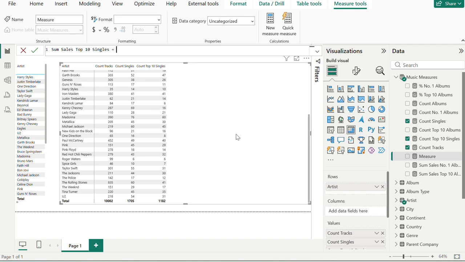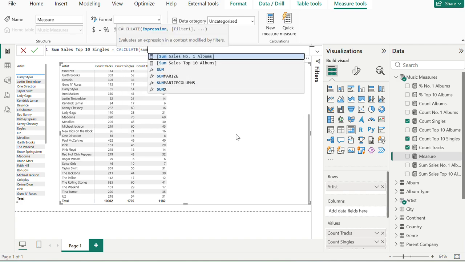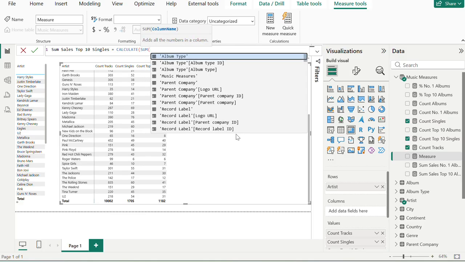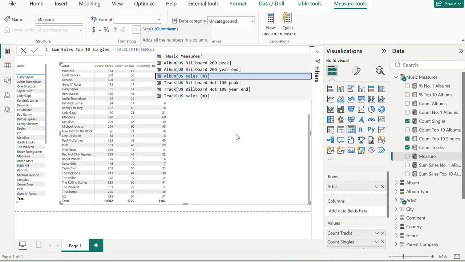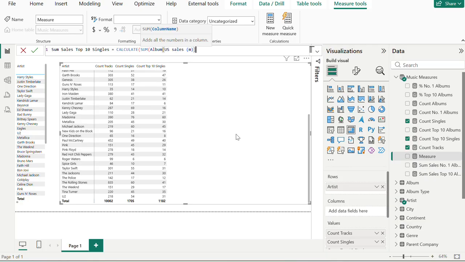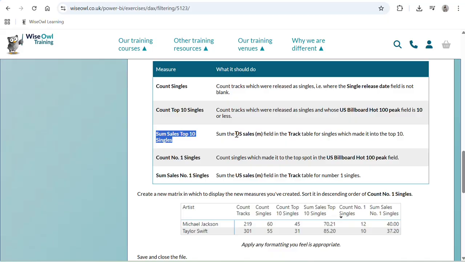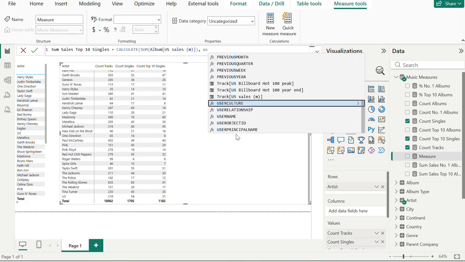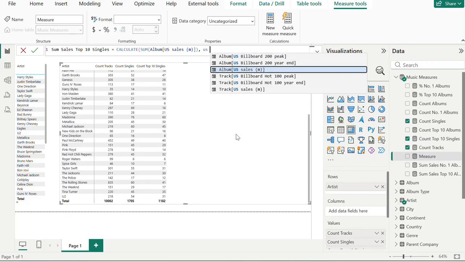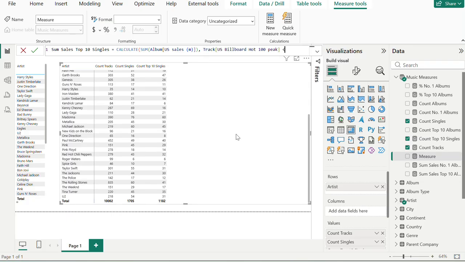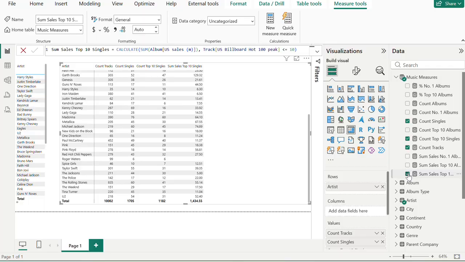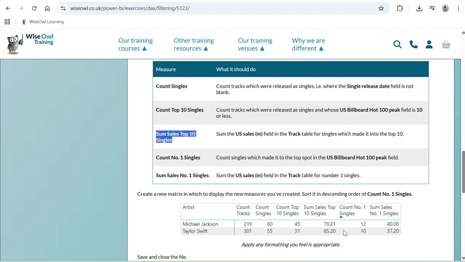So we will be using calculate sum function and US sales which made it into top 10, like US Billboard 100 less than equal to 10. So I will be adding this in the table, and let's see,